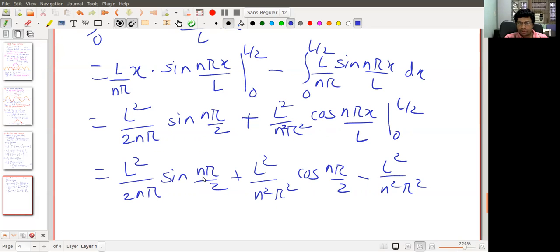Okay, similarly cos n pi by 2: if n is 1, cos pi by 2 is 0. If n is 2, cos pi is minus 1. Then 3 pi by 2, cos 3 pi by 2 is 0. Then cos 2 pi is 1 and so on. Okay,